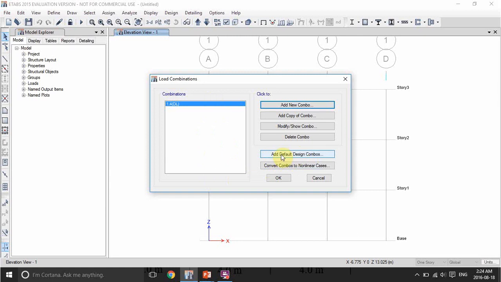You can click here and get the code recommendations for you, like you'll get the loading factors automatically. You'll just need to go and make sure that they are correct, or you can add them one by one by clicking here. If you have, for example, live load, so we'll have 1.2 dead plus 1.5 live, and so